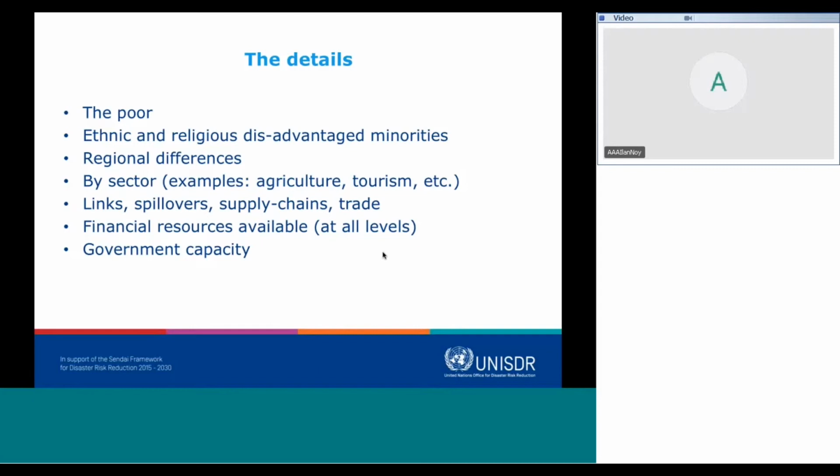Regional differences are also important. Now, regional differences can be associated with poverty or things like that, but they can also be associated, for example, with different sectors. So different sectors might be much more vulnerable to these long-term impacts than others. Agriculture, at least some types of agriculture, can recover very quickly, depending on the kind of infrastructure you need for agriculture, depending on the crops, etc. Tourism is potentially a very vulnerable sector, again, depending on exactly what is driving tourism and what's the perception as a result of the event of what the future will hold in that